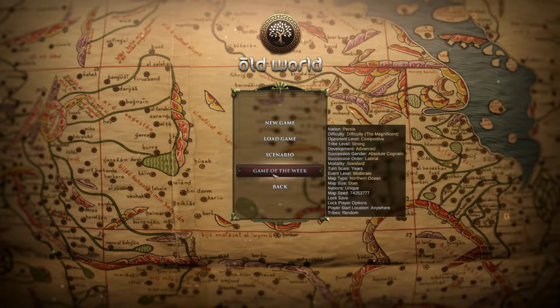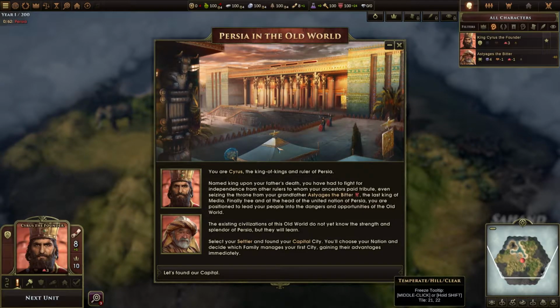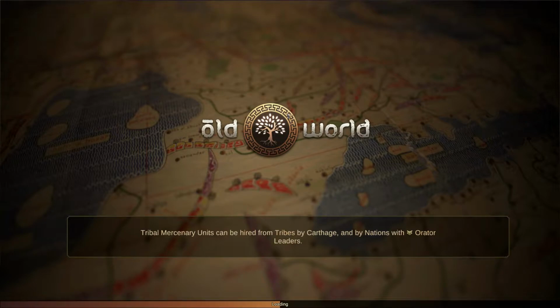There's a game of the week that you can, I've clicked it already. There's a game of the week where you can play with fixed settings. I'm going to end it. Then you can obviously compare your success to the other players. And then you can also play